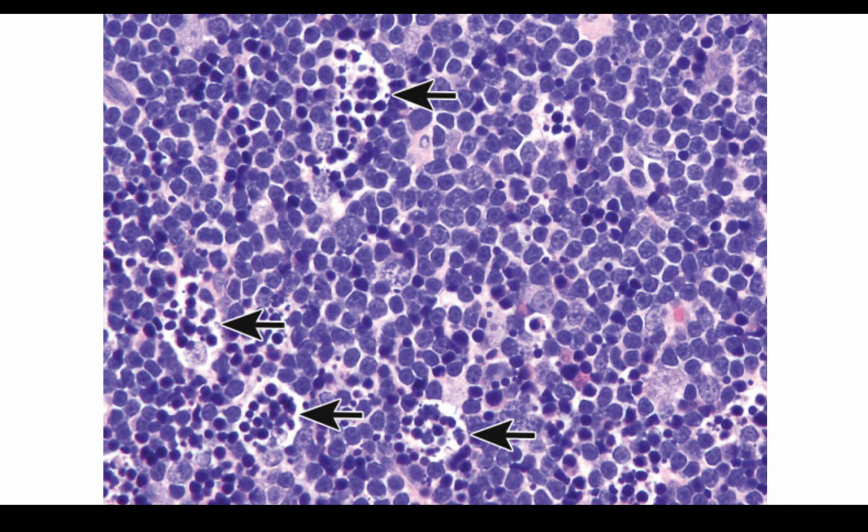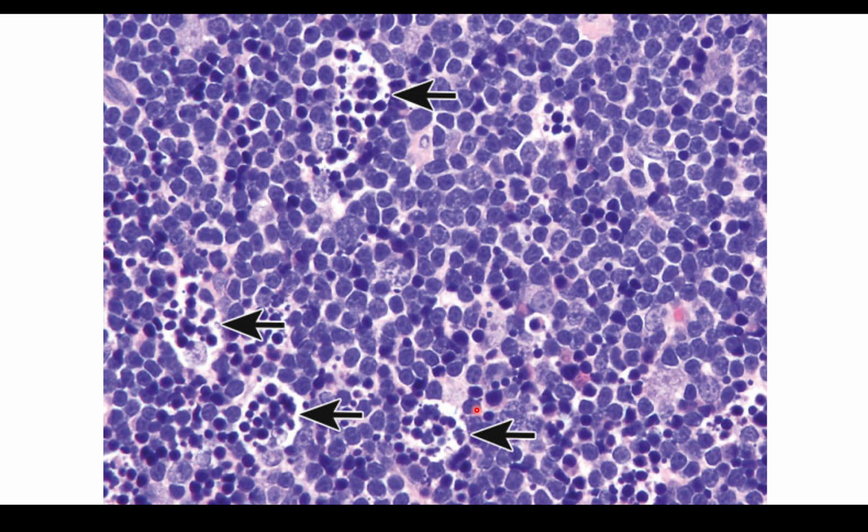So here you can see that these are so beautiful. So these are tingible body macrophages. So here, all of these, so where's my arrow? There we go. So like this here, all the arrows are pointing to some of them, but these are tingible body macrophages. So here's your macrophage. This is the macrophage cytoplasm, and all of this is dead or dying apoptotic cells within that macrophage cytoplasm. So these macrophages have come in. Here's another one. All of these are dead and dying cells within the macrophage. How cool is that? So the macrophage will come in and it will eat up all of these little cell